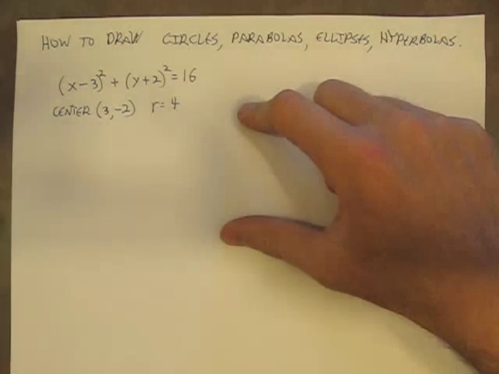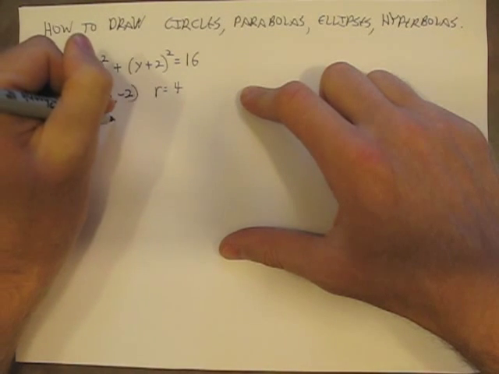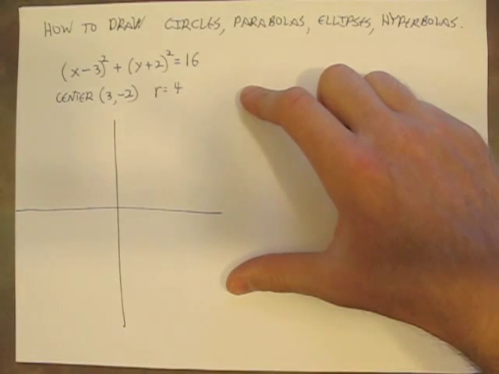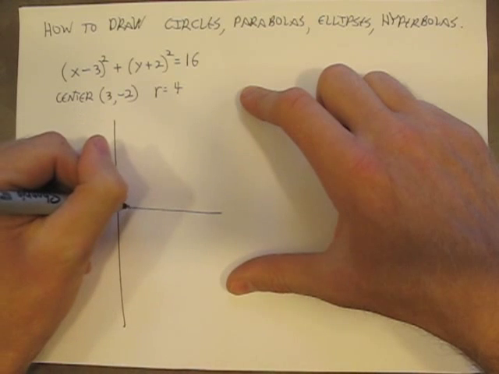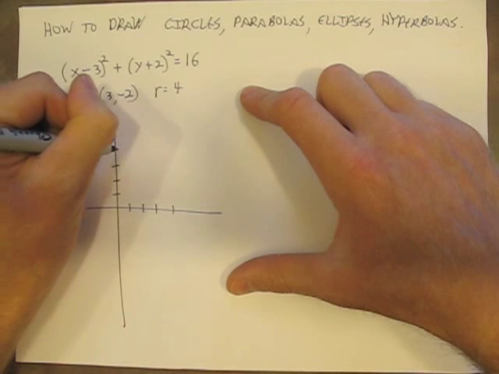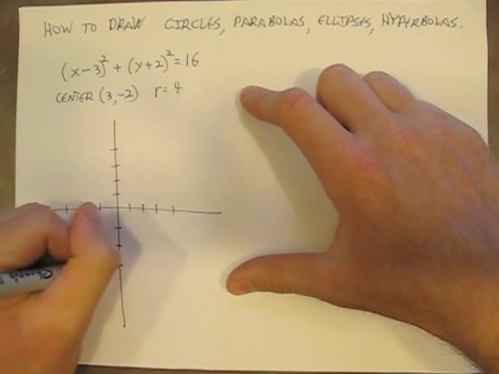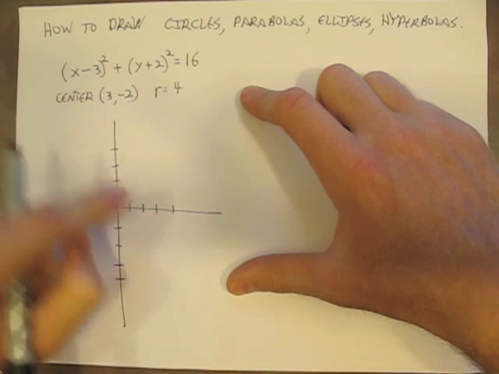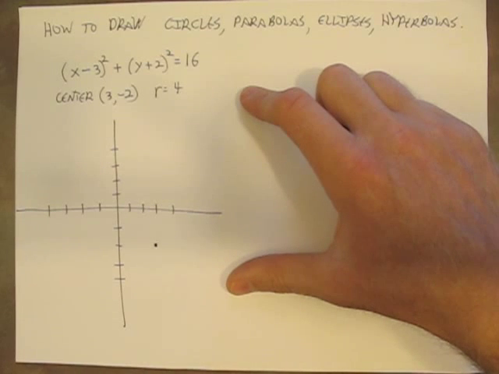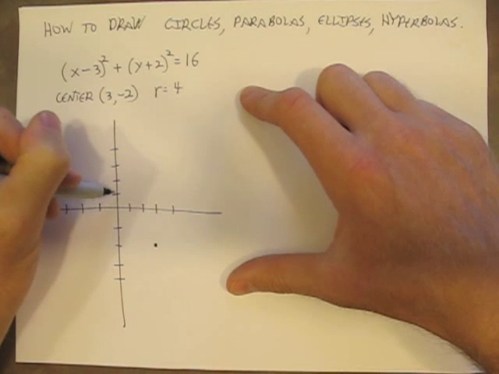Okay, so now the traditional way of doing this is you do out your t-table, or you go out like this, and you go 1, 2, 3, 4 on each side. Put the center at 3, negative 2. And then, it's got a radius of 4, so 1, 2, 3, 4,